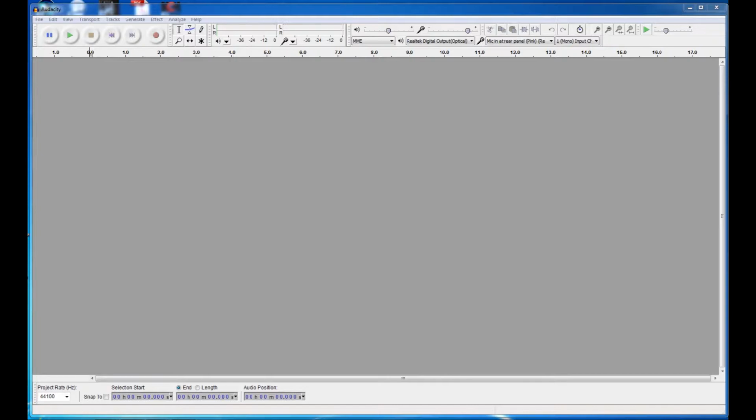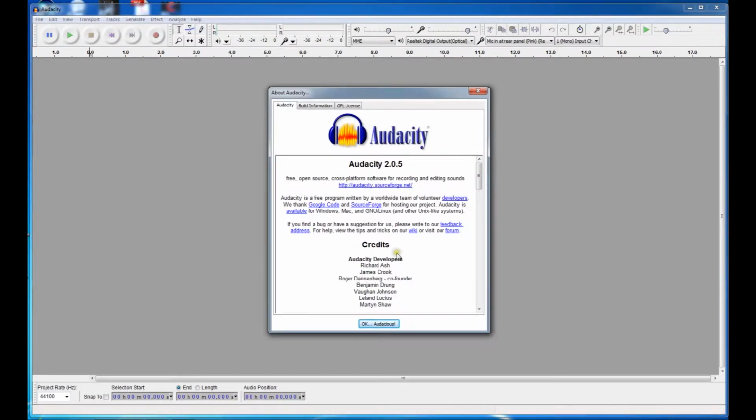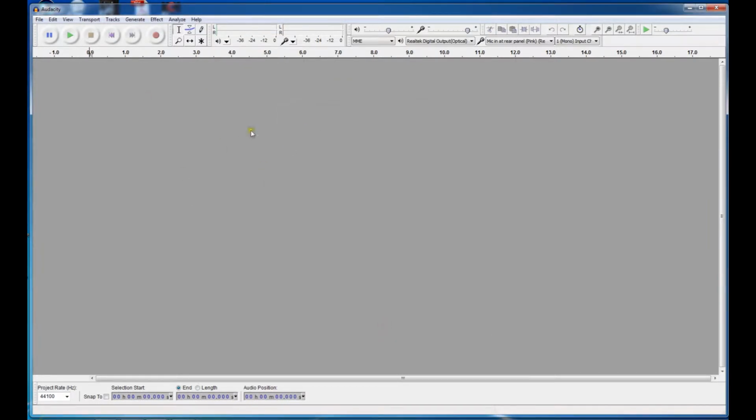We're going to do a little demo here for you of how to create a multi-channel WAV file using Audacity. This is a Windows 7 64-bit machine, and I am using Audacity 2.0.5. I have a new project open right here which is completely blank. I've set my microphone input to the rear panel jack, which is the same thing I'm recording this audio with,